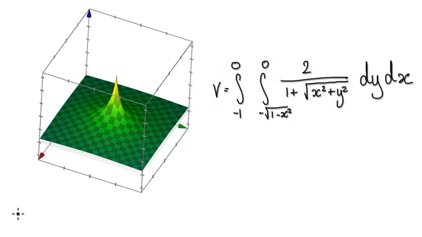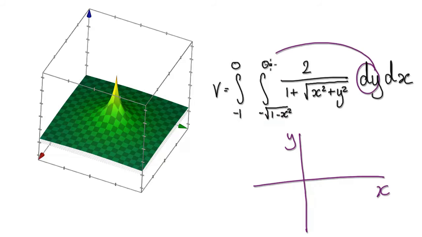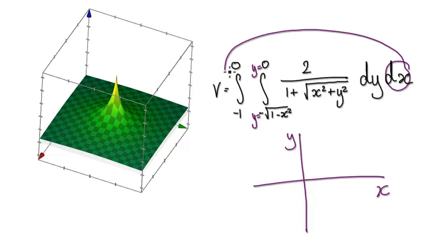Okay, so to do this, we need to understand the region in which we're integrating over. So we need to translate this. So this is your inner integral. Because of dy, then it's going to be y equals something, and then the outer integral, it would be x equals something,